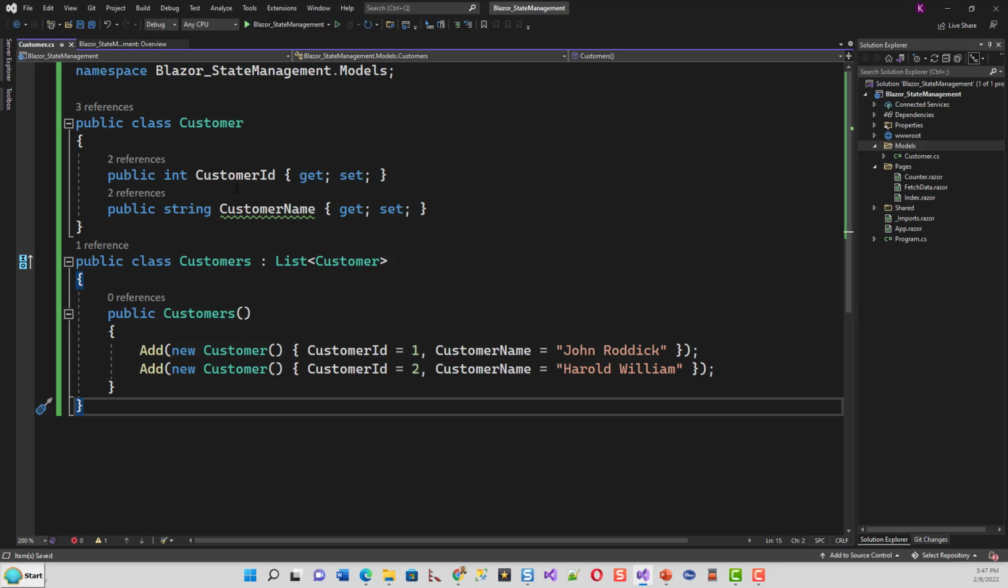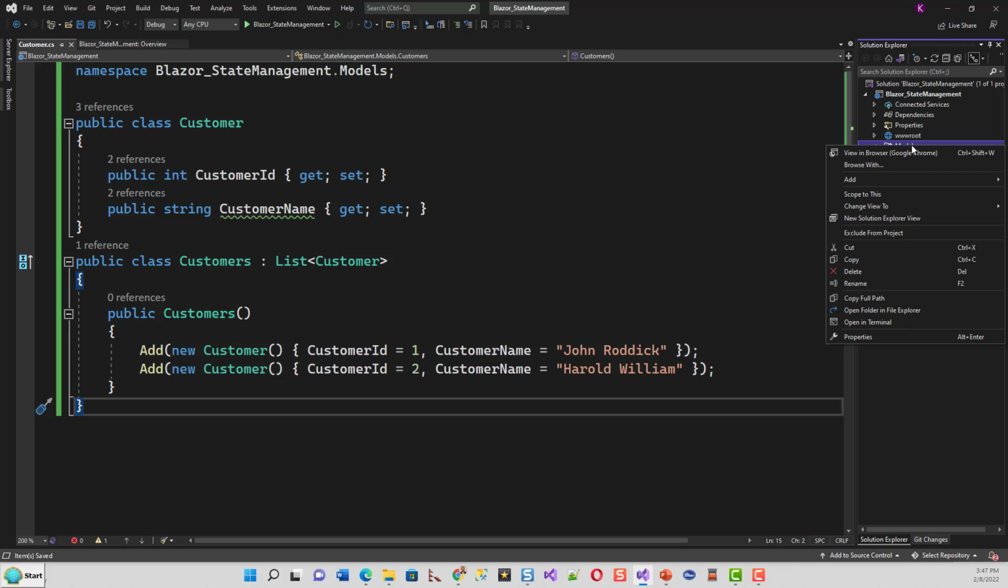It has a customer ID and customer name, and there is another public class, customers, which is derived from the list of customers. So this is public customers, and I have added two new customers as you have seen, John Roddick and Harold William. You can add as many customers as you like and give them whatever IDs and customer names. Okay, and then I will create another model, right click,